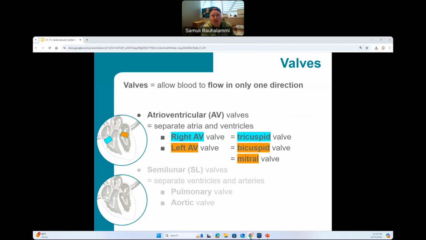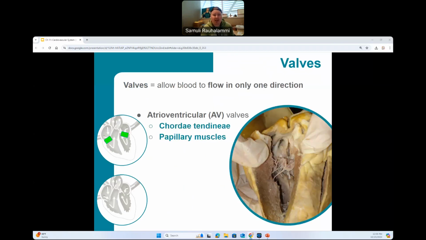Another thing that I wanted to mention before we move to semilunar valves, I wanted to unbundle a little bit more about the atrioventricular valves, an anatomical characteristic that tells us about the unique needs that they're dealing with. Because atrioventricular valves have to deal with high forces, so high blood pressure generated by the ventricles, there's an adaptation to prevent the valve from flipping inside out. We want to prevent that. And this adaptation is really twofold.